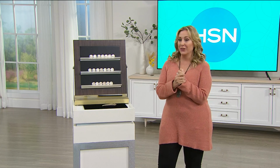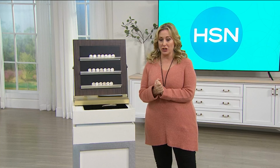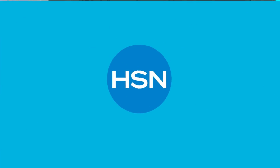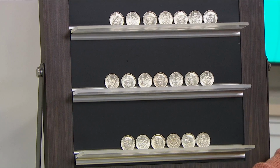Okay, very, very cool. All right, we're going to move on to the final item in our 2-hour coin show. This is a collection of the last of the silver Kennedys. It's a 20 coin half dollar roll, and I will